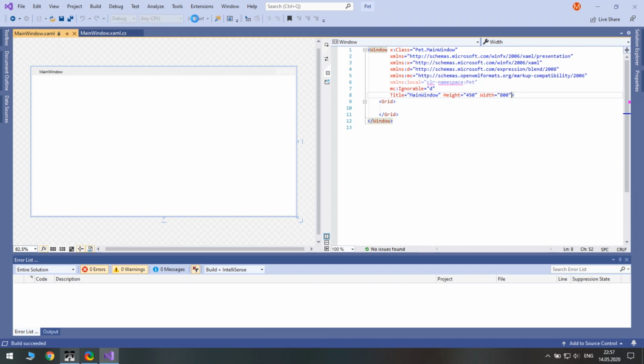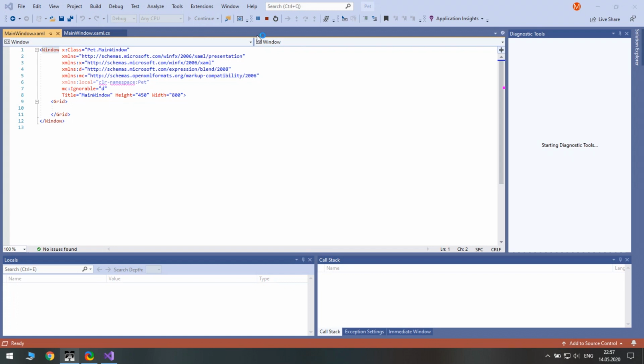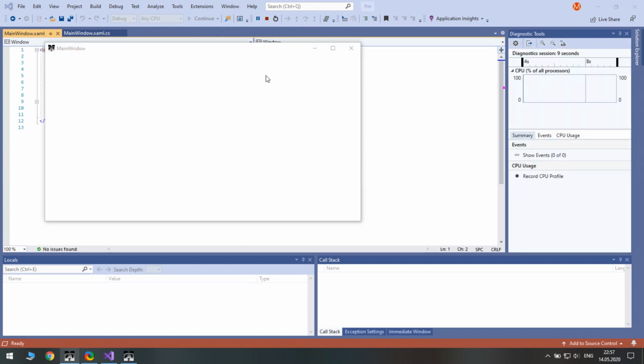Let's see what our window looks like by default. Right now, Pet looks like a program, not a game, mainly because of the window frame and system buttons. So let's start by customizing the main window.